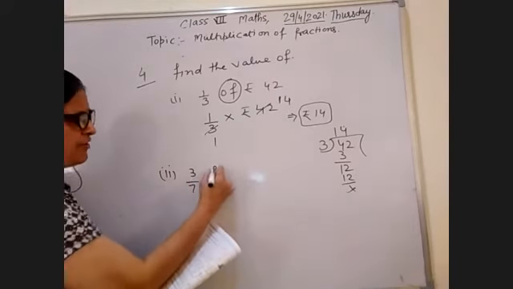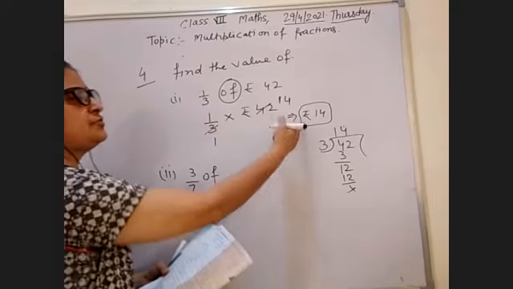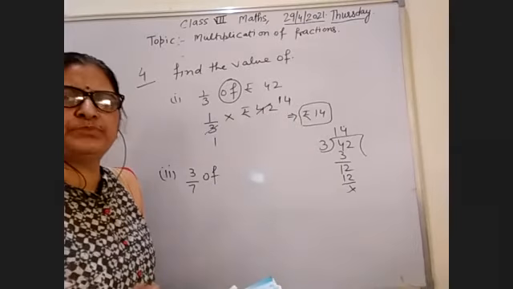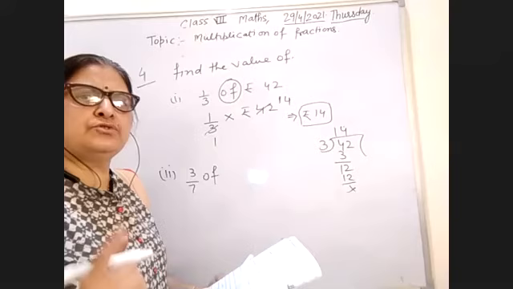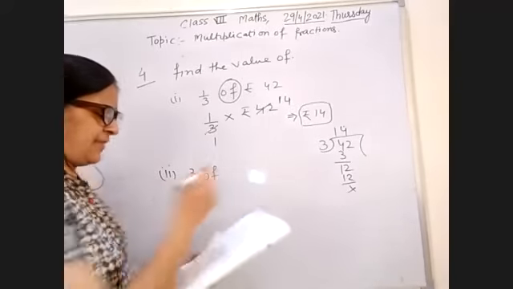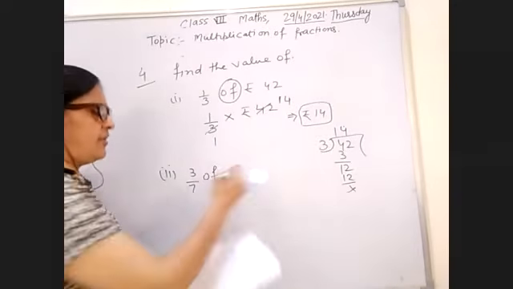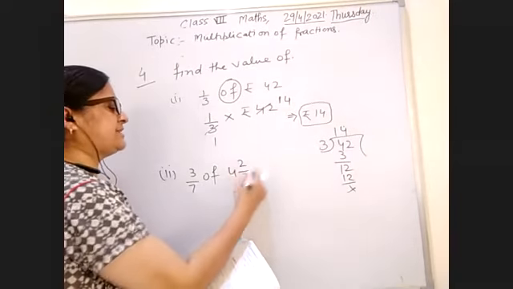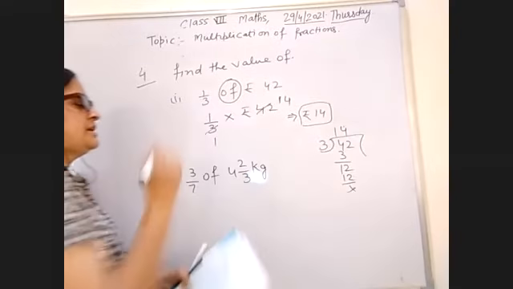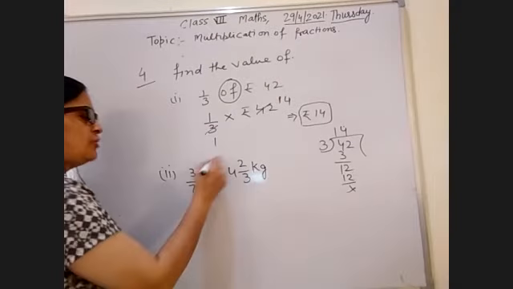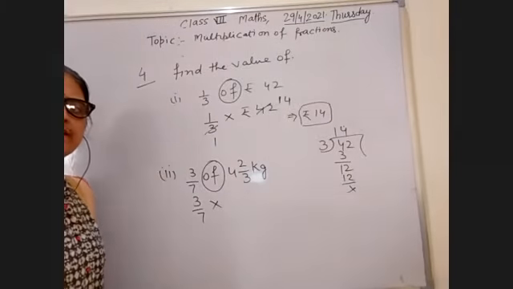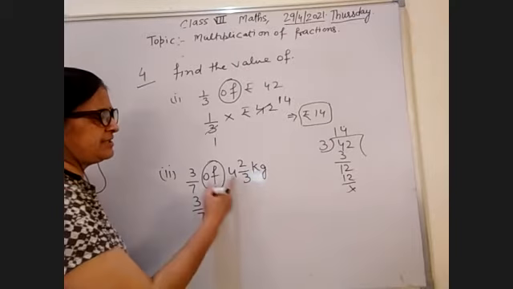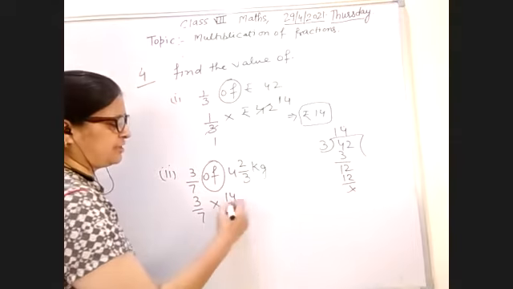And second question, 3/7 of 4:2/3 kg. When rupees is given, you will write down the answer in rupees. When kg is given, you have to write down your answer in kg. Now first, you have to change "of" into multiply, and 3 4s are 12 plus 2,